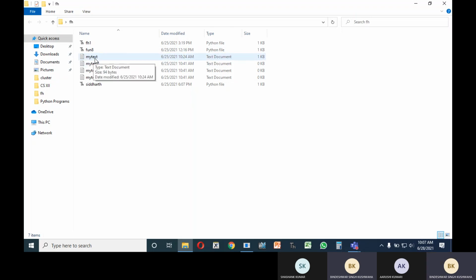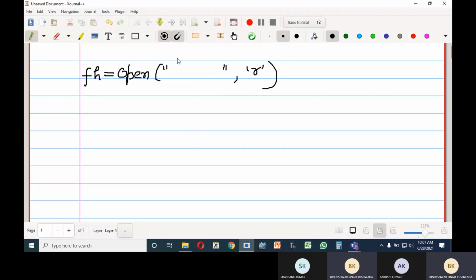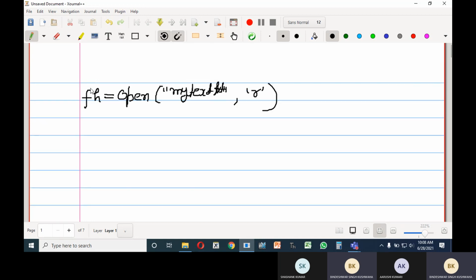So see that here, my text dot txt. This is what you can call a file handle or file object.